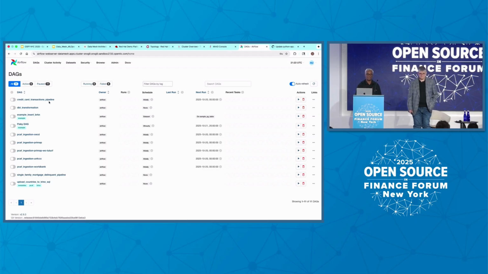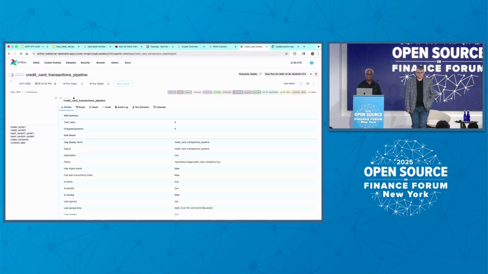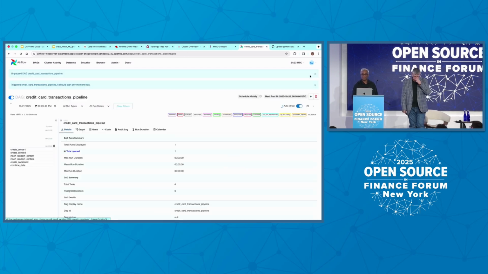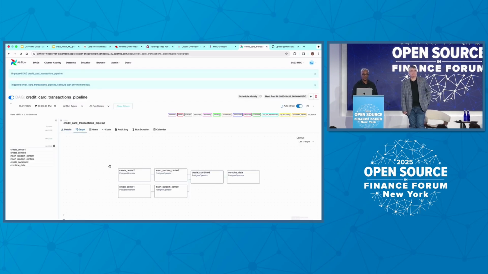One is credit card fraud detection. This is multiple credit card transactions from different sources. This is more of a graphical notation, right? So when I trigger it, it extracts the data from different data sources, does some transformation, and pushes the data into the final storage, the S3 bucket. So I'm going to trigger this one. You can visualize the whole process now started.